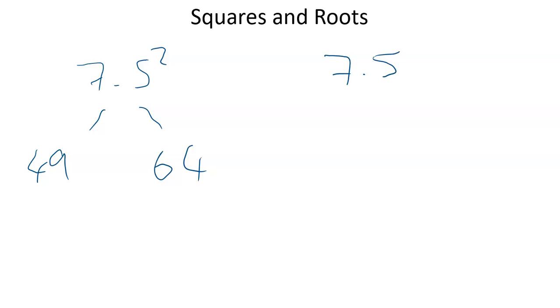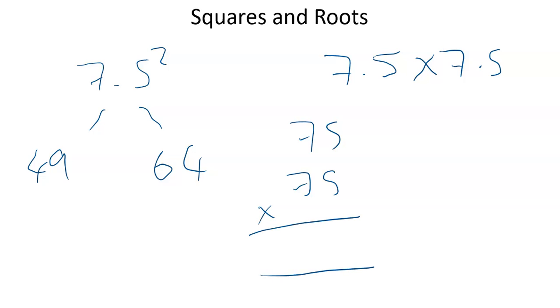You can do 7.5 times 7.5. Now, personally, I would do 75 times 75 and work it out with long multiplication, and remember to divide your answer by 100 at the end because I times by 10 and by 10. But you can also do that on a very basic calculator. Often, simple ones would just add, take, times, divide. You can just times it, 7.5 times 7.5, sorted. The harder one is can you